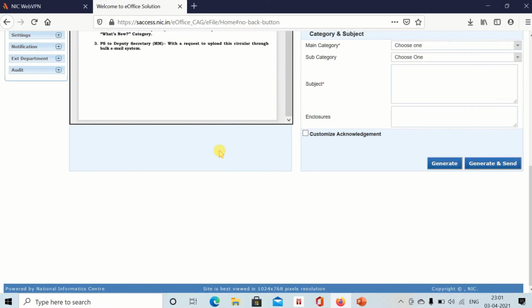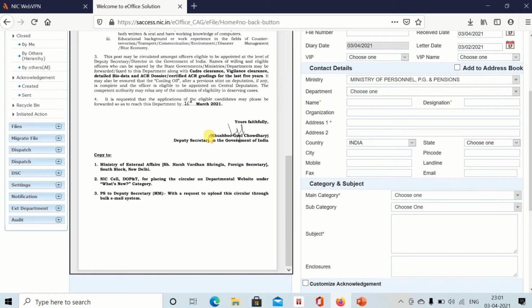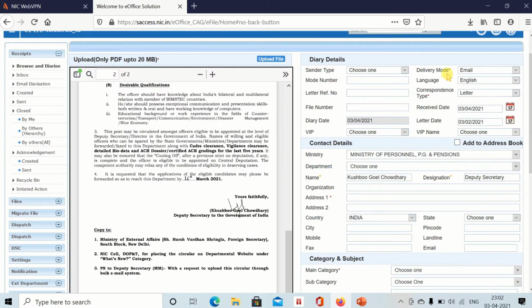Name, from whom you have received this one. Here, see, Kushbu Goyal Chowdhury, you can enter that name. Designation, Deputy Secretary. If you see here, these asterisk marks in red color are mandatory.